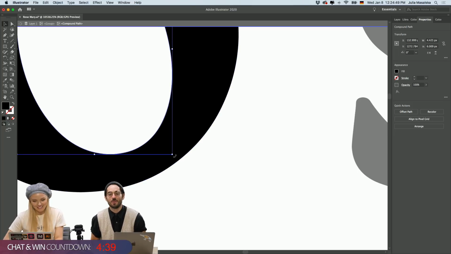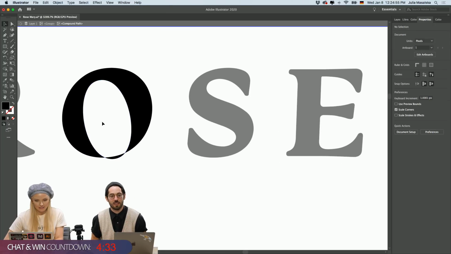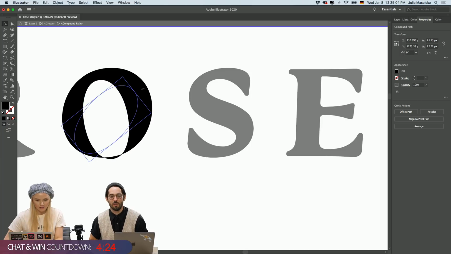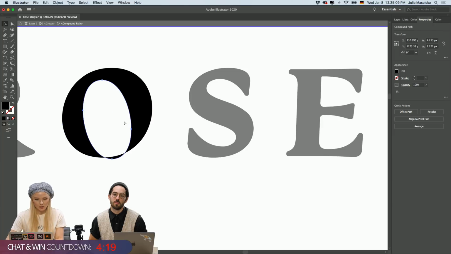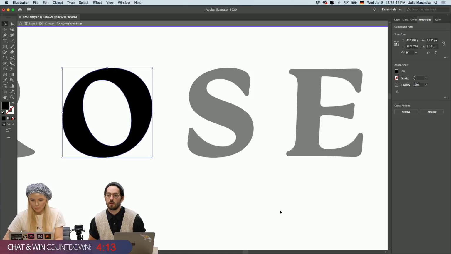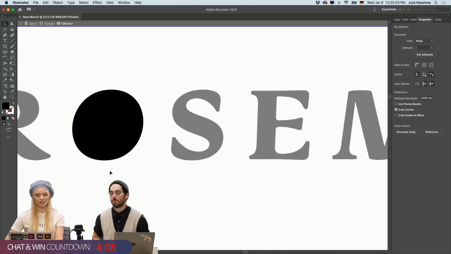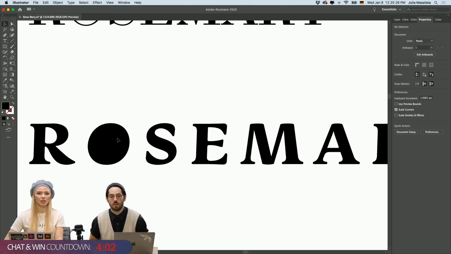What's really cool about Illustrator as a program, and I know a lot of our viewers know this, is that everything's built out of vectors, and it's kind of like building with blocks and shapes. It's a lot of overlapping and subtracting shapes. And I don't know why it's locked. It's locked, so I can only modify. Oh, probably because it's already cut out. That's why. You can release the mask, and then you can create a shape and put it into the O, for example. So that's what we're gonna do right now.